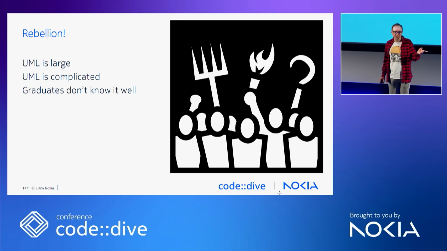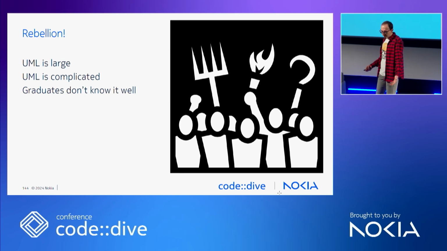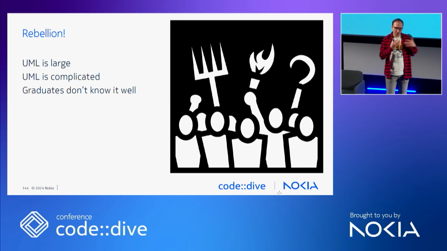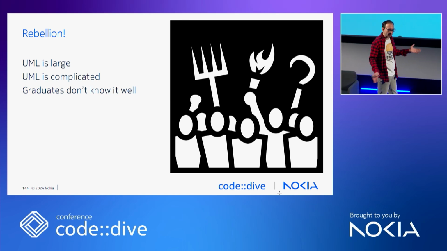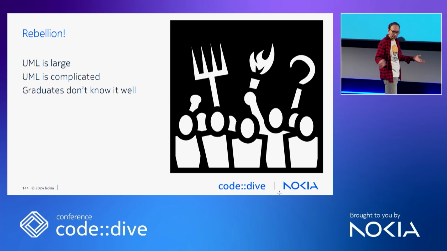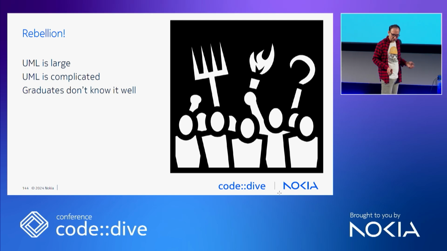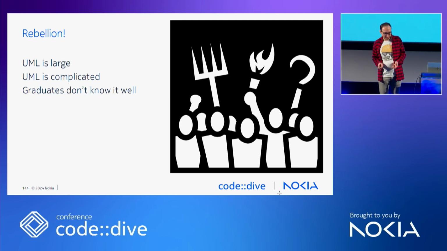I started studying computer science in 1997. UML was big. I had 3 semesters of UML, hundreds of hours. Lectures, exercises, we did all the projects in UML. But after you graduate, you start to forget all those 14 diagram types and 13 types of arrows and boxes and circles and whatnots. And you came to the company and, yeah, you know UML? Yeah, kind of.